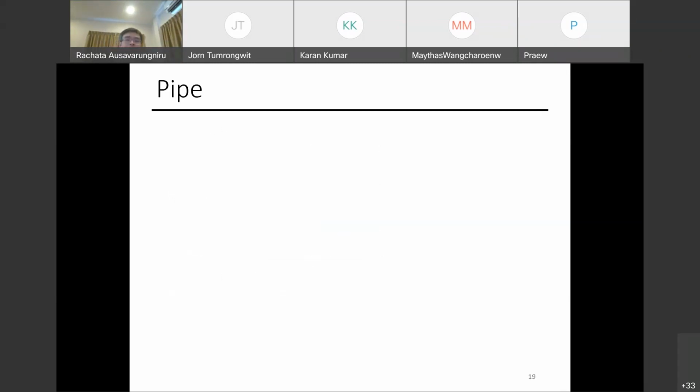Another handy trick that we use all the time is called pipe. What does pipe do? In the real world, not in a computer, if I have a pipe, what does it do? Just transfers water, right? What about in a game like Mario, what does a pipe do? Yeah, it's kind of like a path. You go in and it goes out somewhere else, right? So the same concept applies.